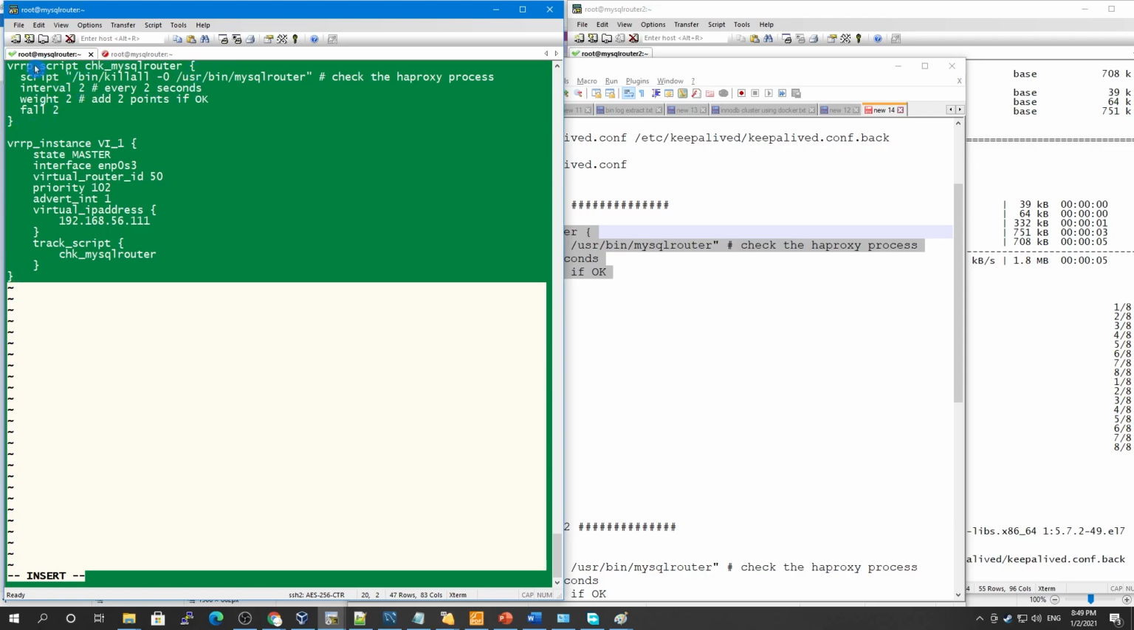Okay, so like this vrrp script check MySQL router, you can remove this, and then you will have to remove this as well, track script check MySQL router. The main part is this, which is my vrrp instance VI_1. So this is obviously my first, let's say my powerful instance, my powerful MySQL router, and I'm going to use this one as a master, and the interface I'm going to use is that